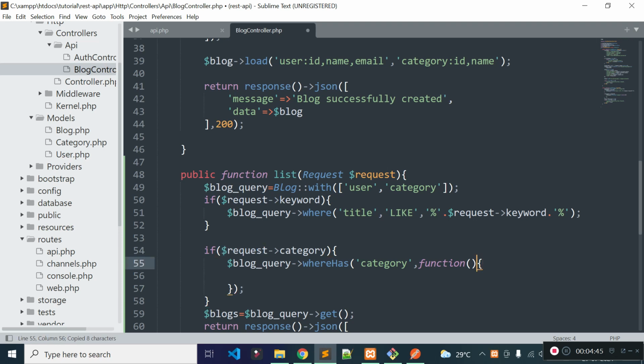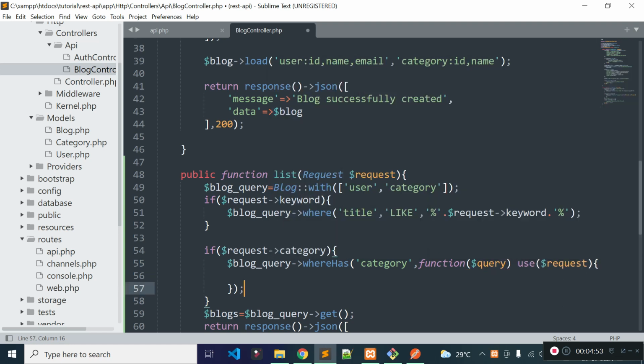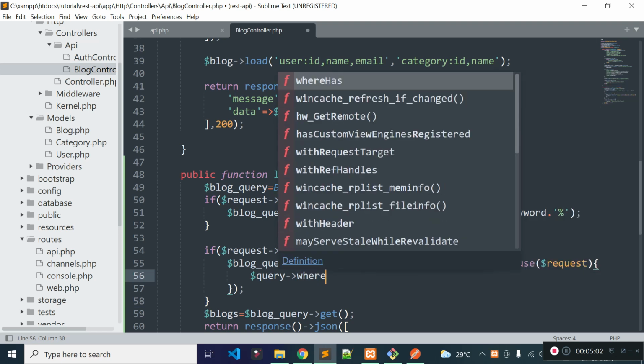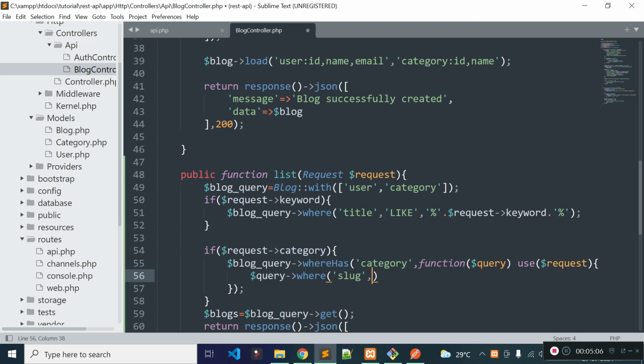That's why I am using $request here. Let's get the query builder here, and then inside this callback I can query our categories table. So query where slug is equal to request category.